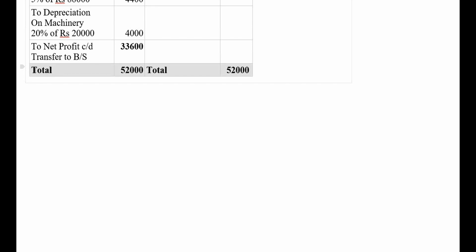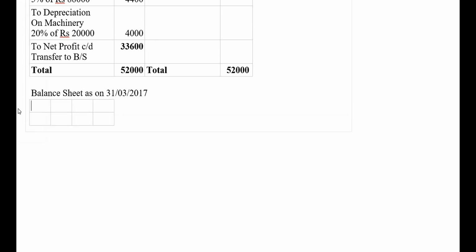So the next we need to prepare is the balance sheet. So let us write down here balance sheet as on 31/3/2017. Let me insert the table here. So liabilities, rupees, assets, rupees. So first let us take the capital here. So capital which we have found is rupees 74,000. To this add